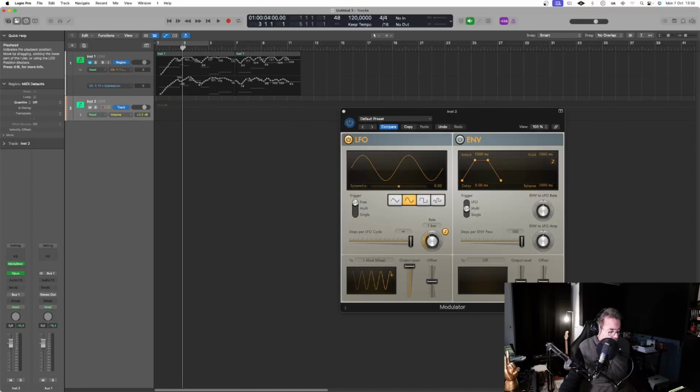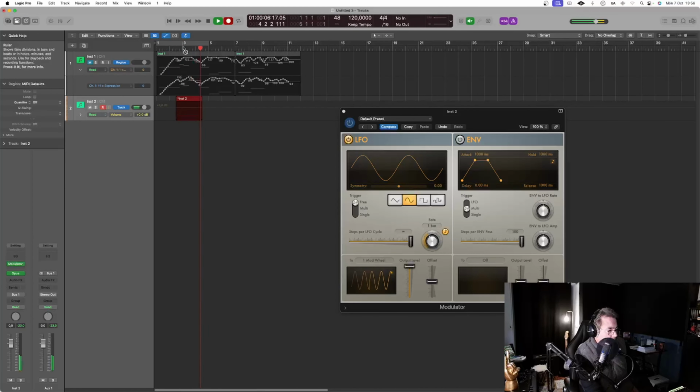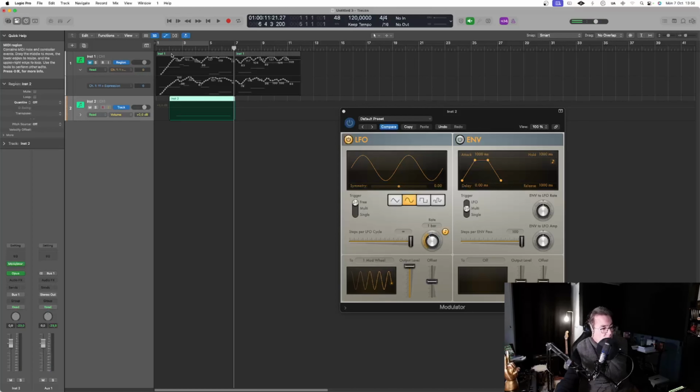And now if I hit play without using my modwheel or my CC controller, you will see that there will be a variation of modulation. As you can see, of course, if you want to use this method, you have to tweak it after that in order to create something realistic, but it's working. And now if I hit play,